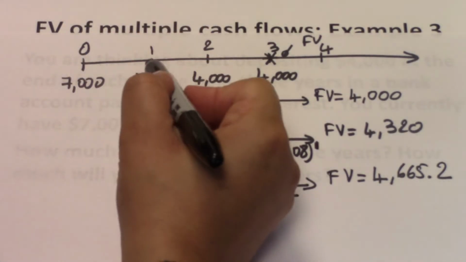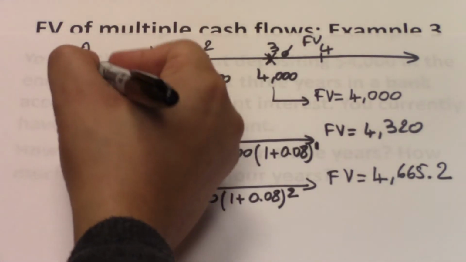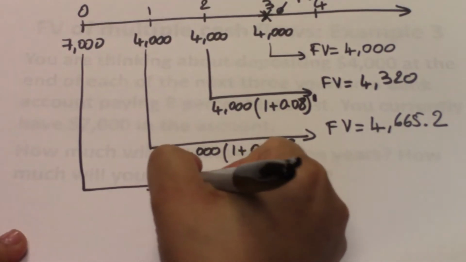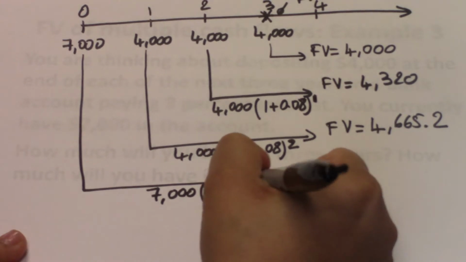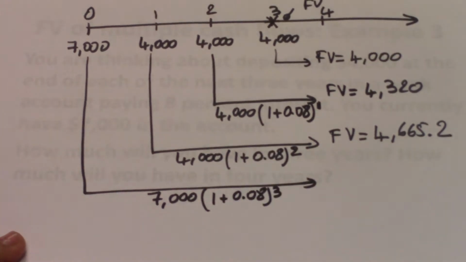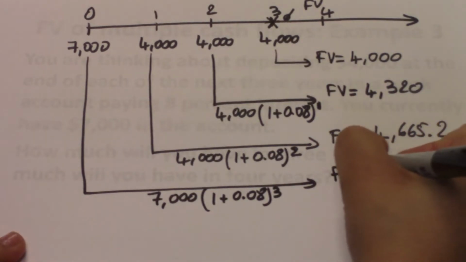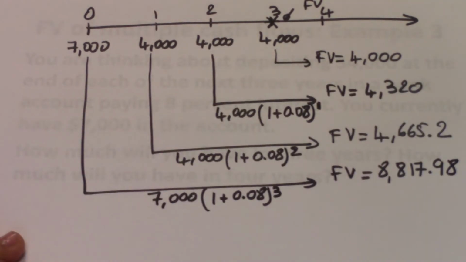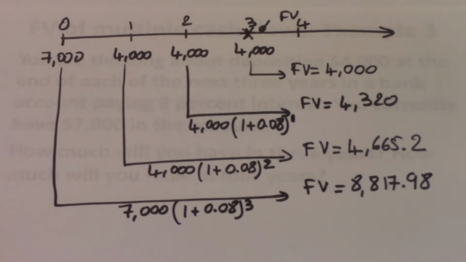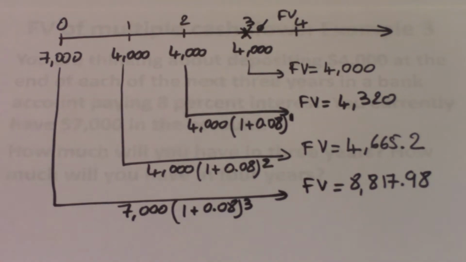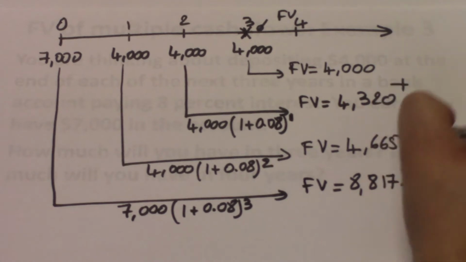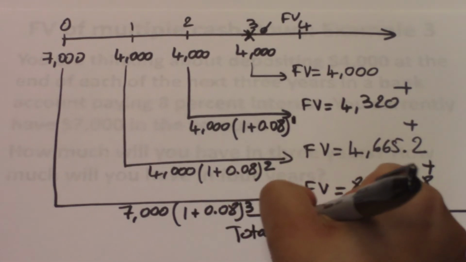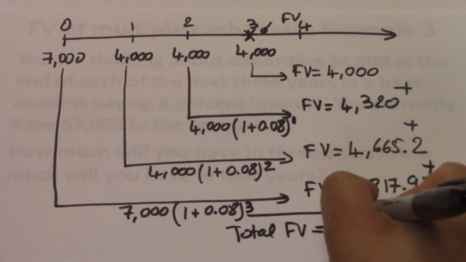Next, we look at the 7,000 that was deposited at time 0. This one has 1, 2, 3 years to grow. So it's going to be to the power 3. So 7,000 times 1 plus 0.08 to the power 3. This gives us a future value of 8,817.98. Now we have all of our future values. All we need to do now is sum them up. So plus, plus, plus. The total future value at the end of year 3 is